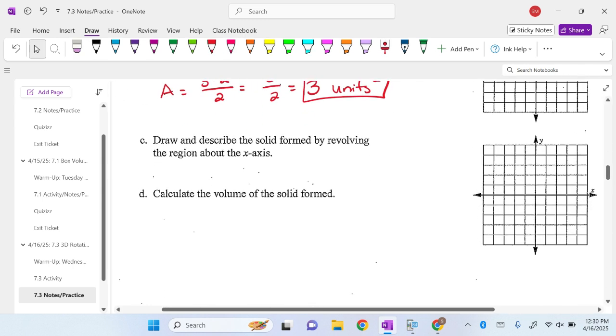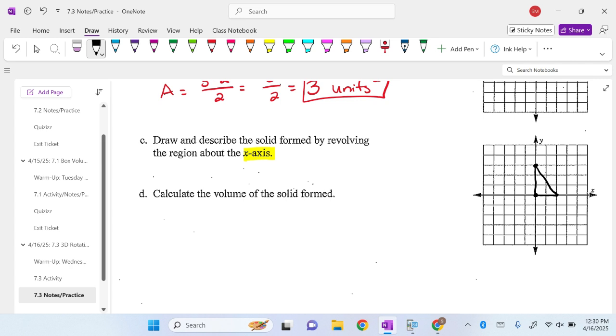So I'm going to rotate it around the x-axis. So I'm going to redraw the triangle for reference. So here's my triangle. And then I'm going to rotate it around the x-axis. So that means that if you count from the origin 3 down, because we went 3 up originally, and then connect it to the other point,